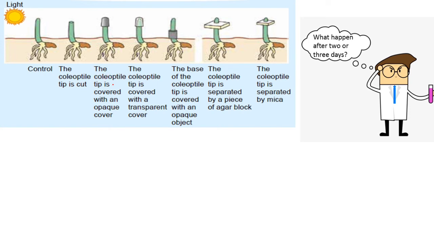In this experiment, the coleoptile tip is covered with an opaque cover, and this one is covered with a transparent cover. In this experiment, the base of the coleoptile is covered with an opaque object, and then the coleoptile tip is separated by a piece of agar block, and this one is separated by mica. So after 2 or 3 days,